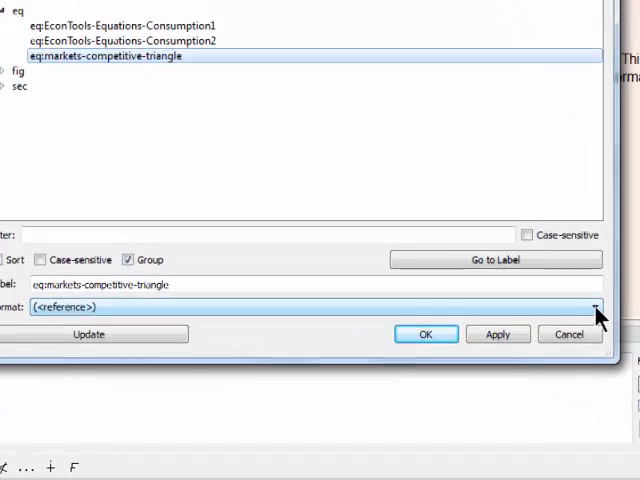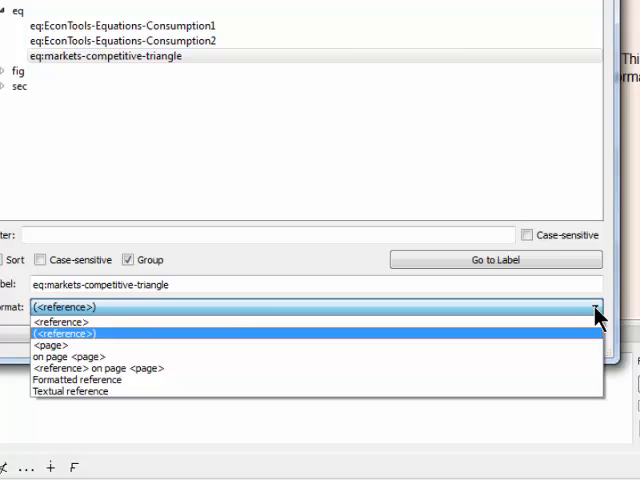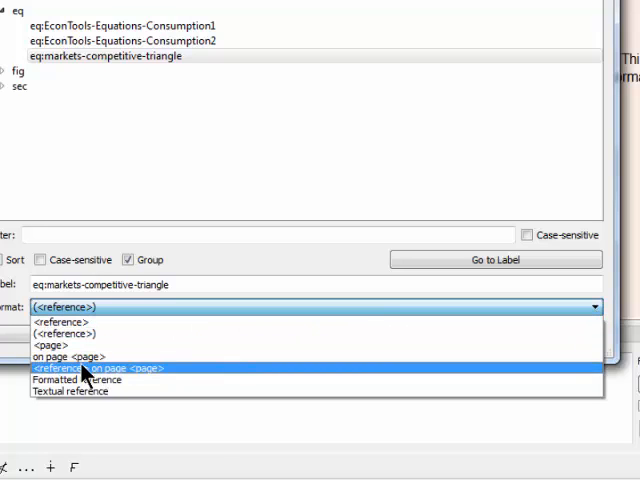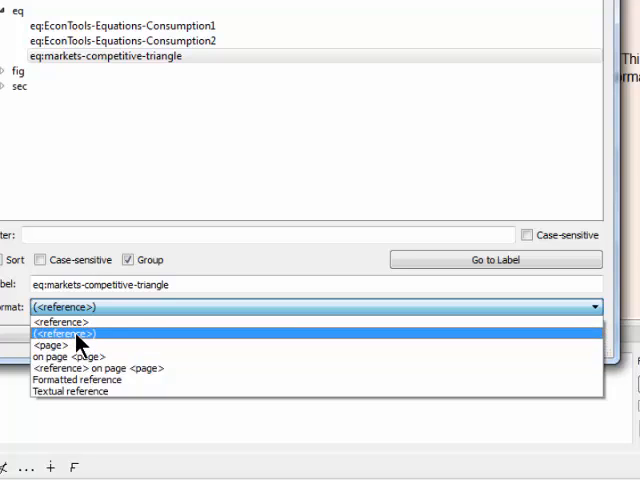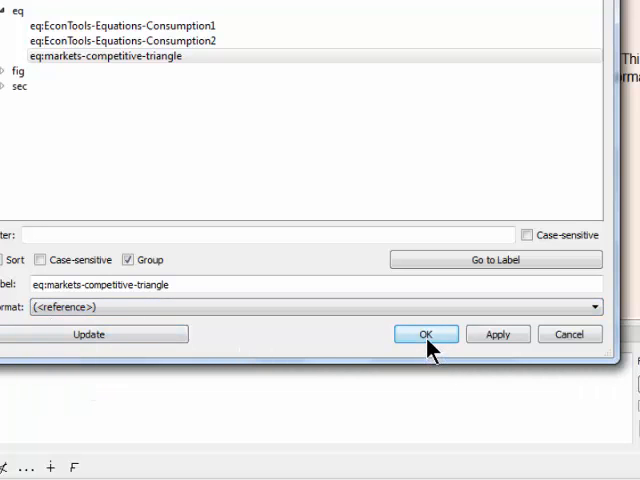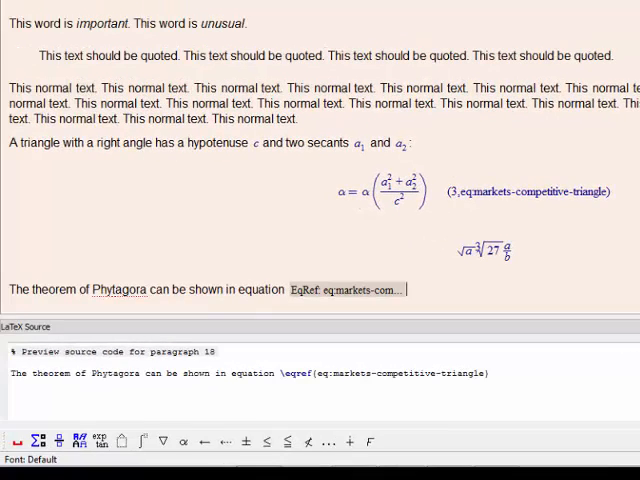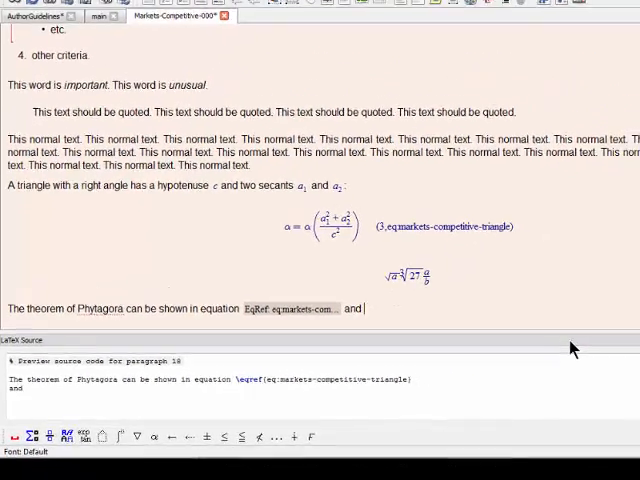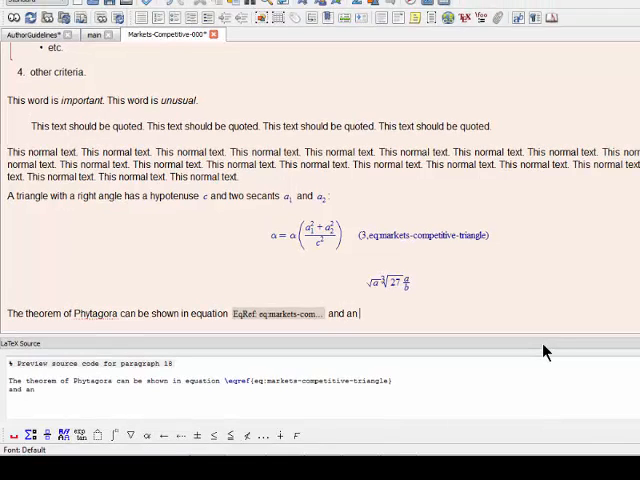And in the format field here, we can choose how it should look. I prefer the equation number to be in parentheses. I say OK. And it is included. And now another space, because otherwise the following text would be exactly attached to the equation. So the theorem of Pythagoras can be shown in equation so-and-so, and an introduction